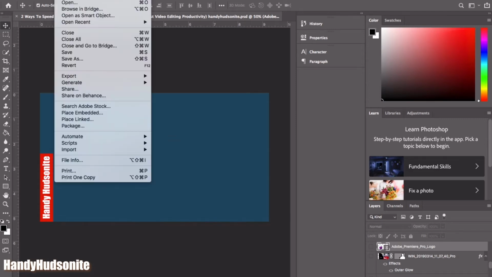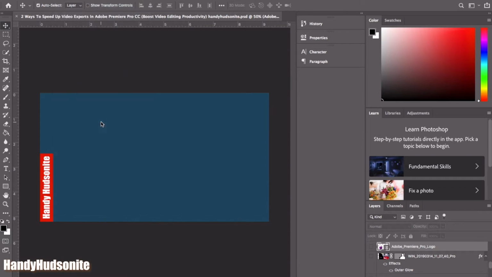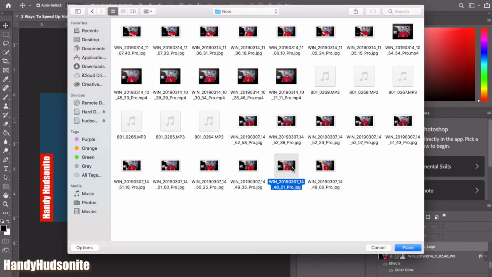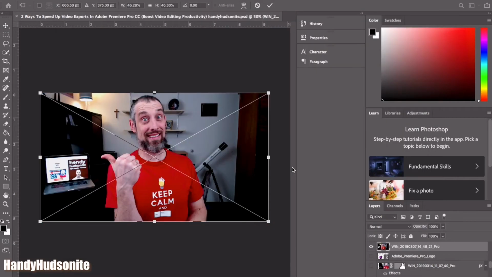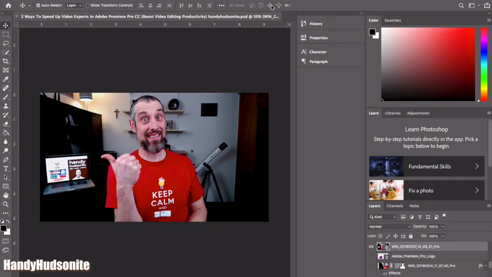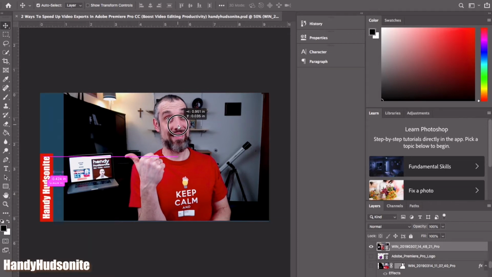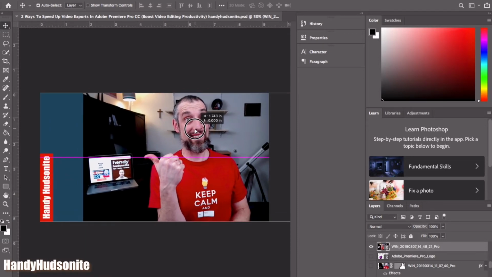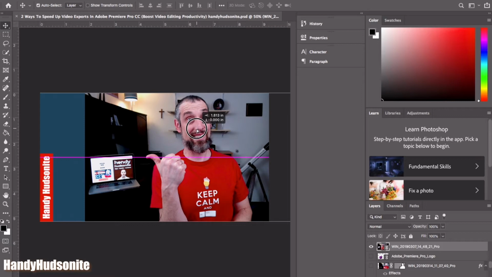So we'll come up here to File, and we want here to Place Linked. Okay, so I have opened up my image here, and I will hit either the enter or this check mark to put it in. I'll move it a little bit over to the side